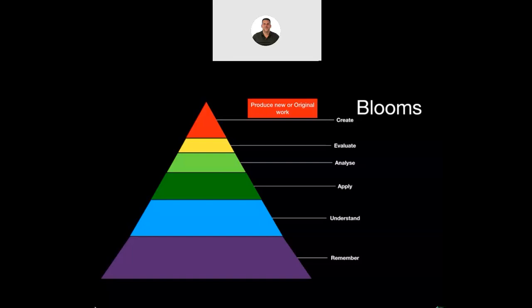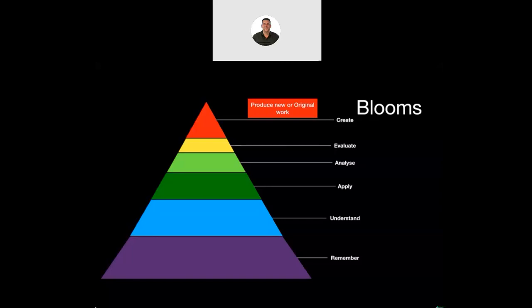nice pretty picture, but if we create something with the learning, if we can do something with it, if we can take our learning and apply it in a different way and use it to potentially teach somebody else or create an original piece of work with that learning, that's going to demonstrate that we have understood those things in a lot deeper fashion. So when we're considering this blended learning approach, are there opportunities where we can take the